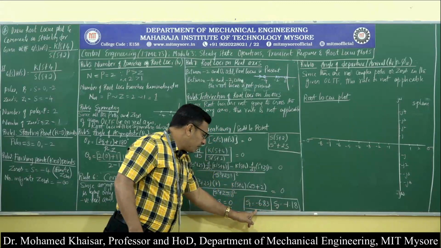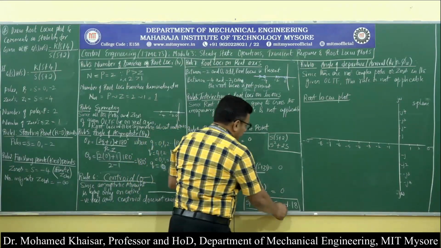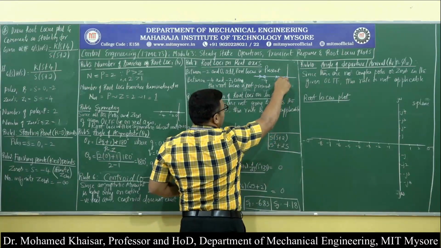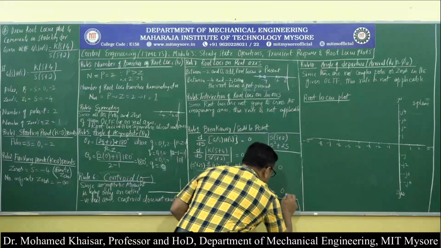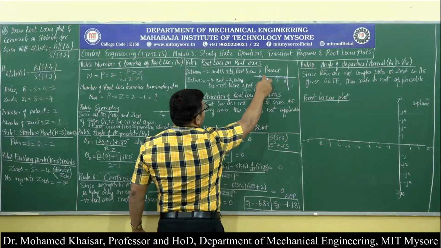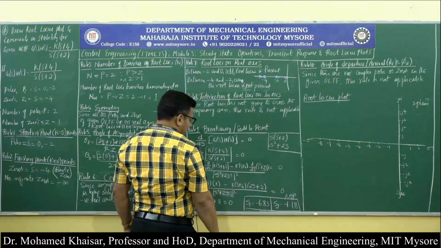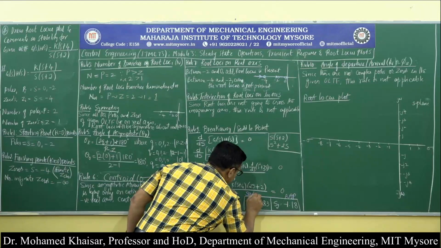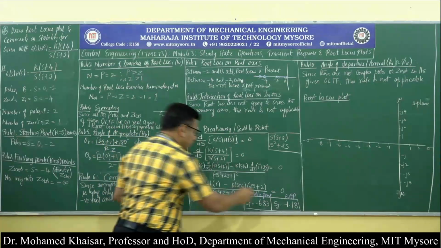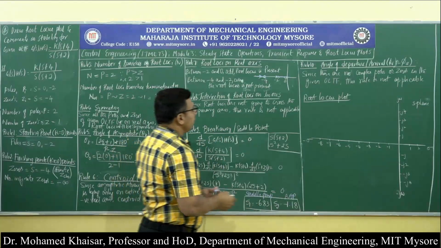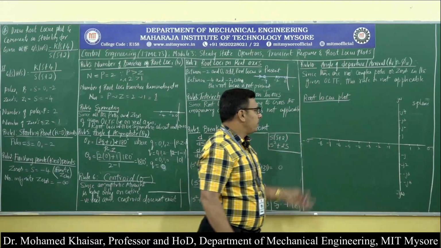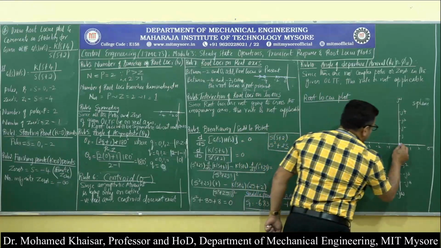And of these 2 points that we have got, if we mark them, then minus 1.18 comes between minus 2 and 0. Therefore, this is going to be the breakaway point, and minus 6.83 is going to go beyond minus 4. So that means this is going to be the saddle point. Okay. Now, rule number 10: since there are no complex poles or zeros, this rule is not going to be applicable. Let us try to plot.